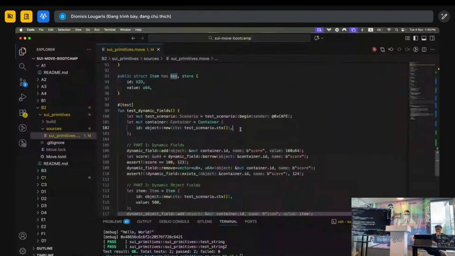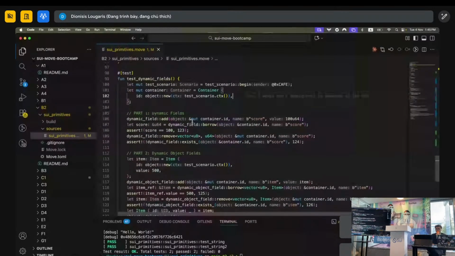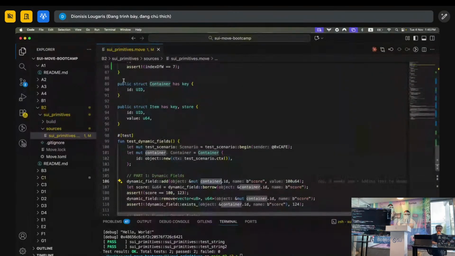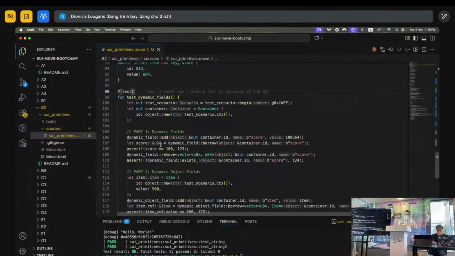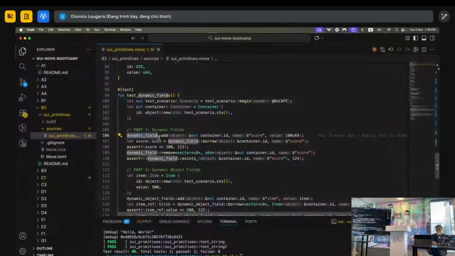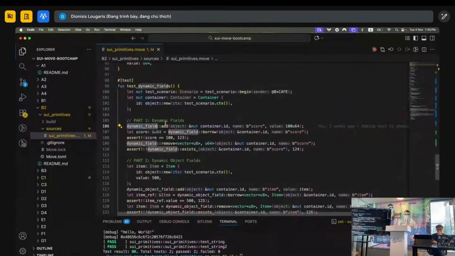So we are initializing a new container here. We are creating a new ID by this function as we did yesterday, providing the context. And now let's work a bit with dynamic fields. I remind you that we would like to extend, for example, the container struct without changing it itself, but extend it. So, by utilizing the dynamic field module, we are getting the add function, and if we were to click inside here,